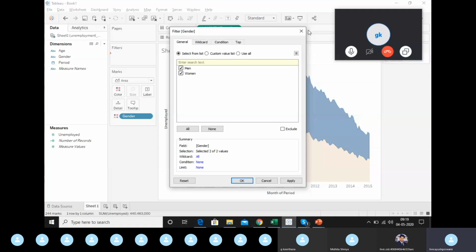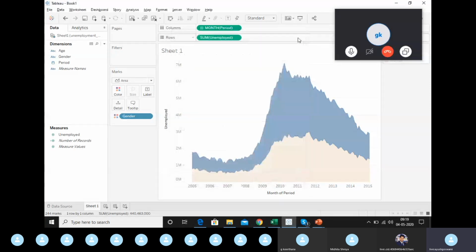So filters, you understood the utility. What is the use of a filter? It's just to select the kind of information we want to see. We do not want to see the information of women. We just want to check this region. In that way, a filter can be useful, or in any sort of pre-processing or visualization. We just want to see a particular chunk of information, rejecting the other ones, and we use filters for that, right?